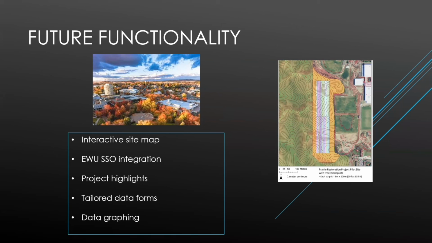Some of the features we would like to see integrated into the project are an interactive map of the entire restoration site to replace the photo on the homepage. This map would be built using GIS and the help of the geography department. It would allow users to hover over the sections and see what research has been done in what section. This would also require the entry form to have a section where users can add geographical markers